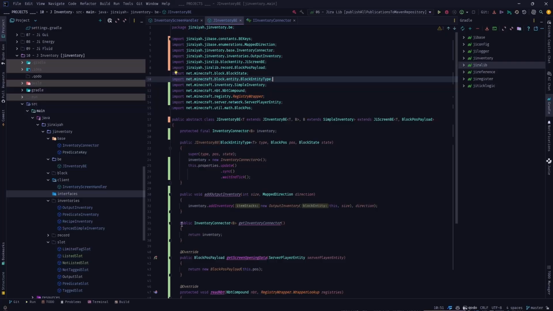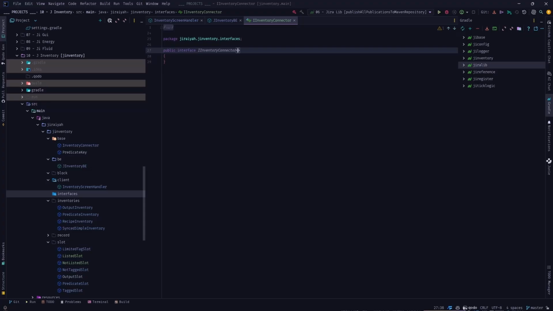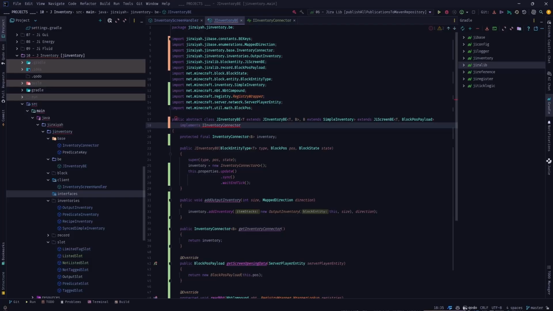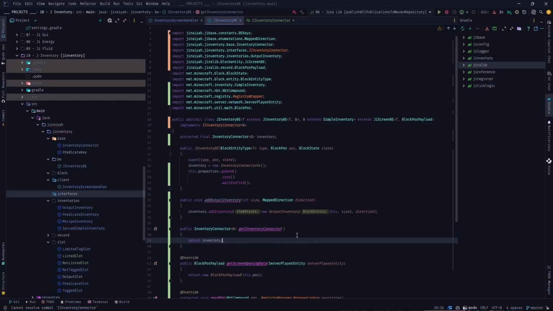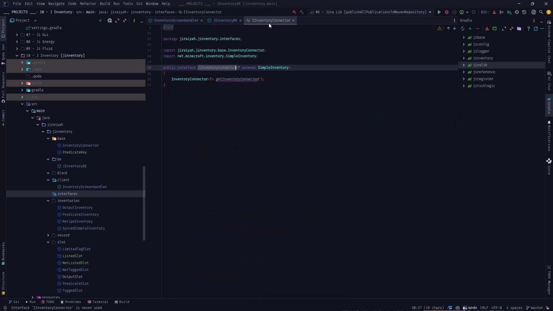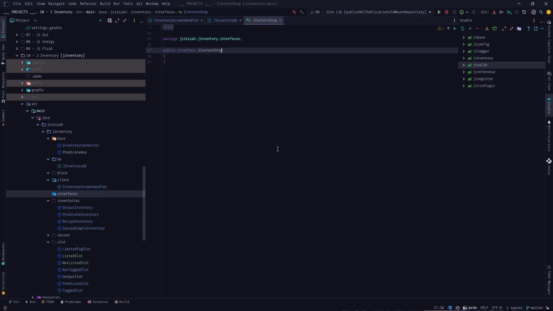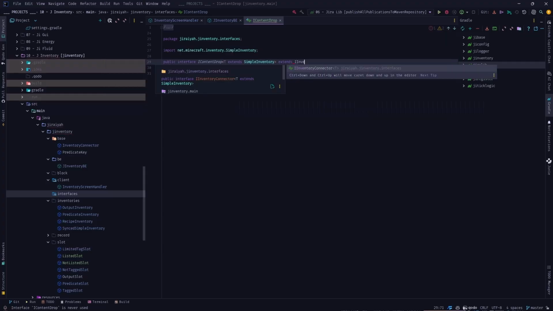Now, all the JInventory connector is doing is this. It will return an inventory connector. Okay, so it will accept T extends simple inventory, and it will just return the T get inventory connector. So here I will say this implements the JInventory connector of type B because we already have that. And as you see, it will work because we already have that get inventory connector that returns inventory connector B. The other one will be called iContent drop. Okay, now iContent drop needs again T extends the simple inventory, and this will extend the JInventory connector of type